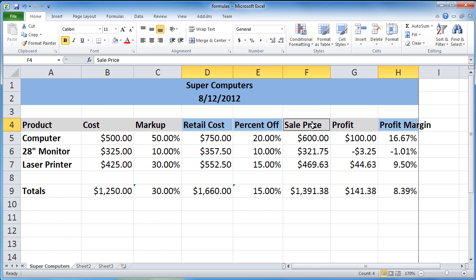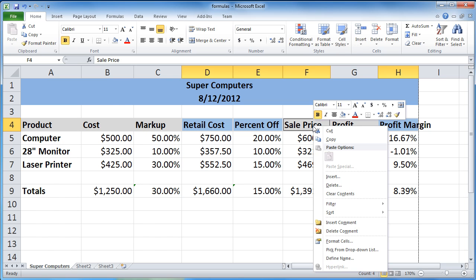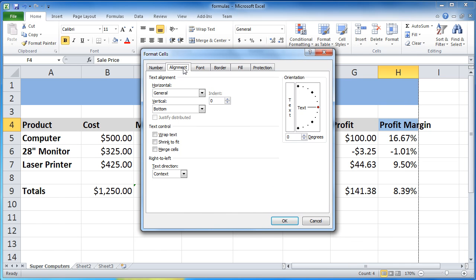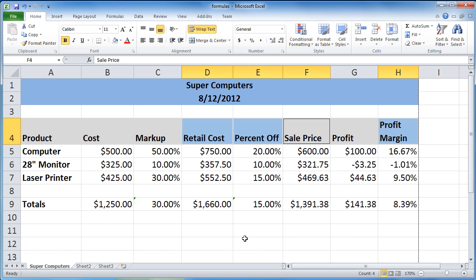I select all of the headers, right-click, and go down to Format Cells. Then I go to Alignment and choose Wrap Text. Say OK. And that was able to save me a little bit of space. You'll notice profit margin was the only one that was wrapped. Sale price, retail costs, and percent off weren't wrapped because they didn't need to be. Those cell sizes conformed. They were able to stay the same.